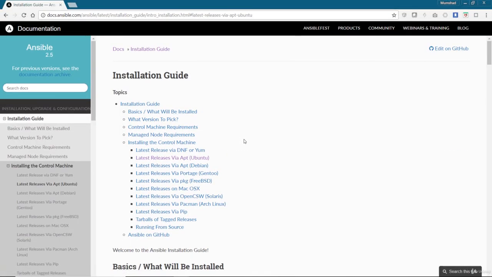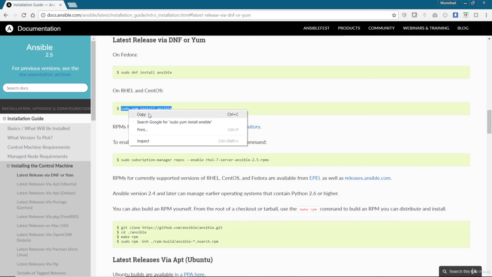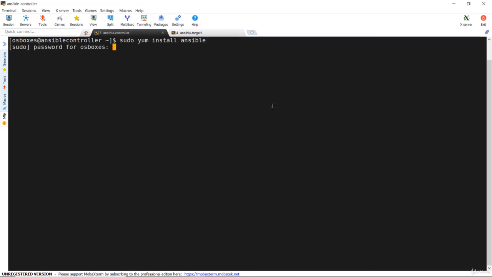So the next step is to install Ansible on the Ansible controller. If you go to the Ansible documentation site and look at the installation guide, you will see instructions for installing Ansible on various operating systems. If you look at the instructions under CentOS, you can see that it's as simple as running the command yum install ansible. So I'm just going to copy that and execute that on my CentOS system and provide the confirmation